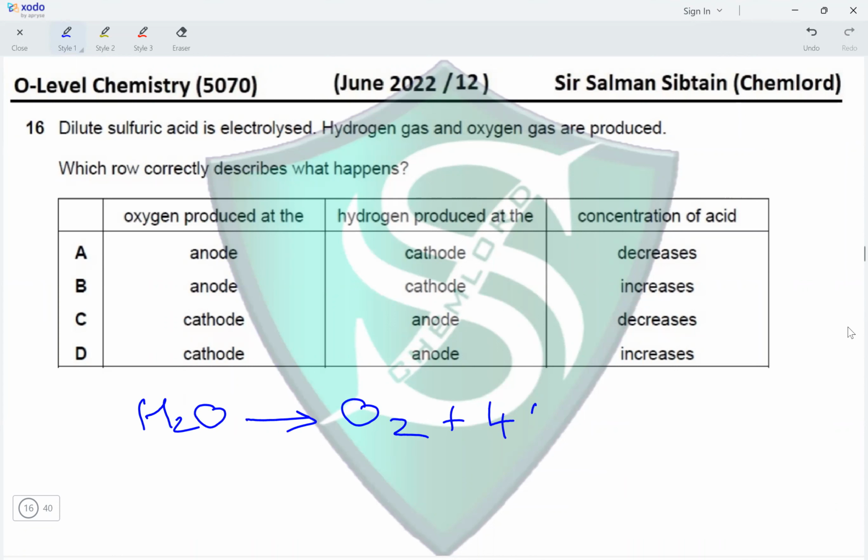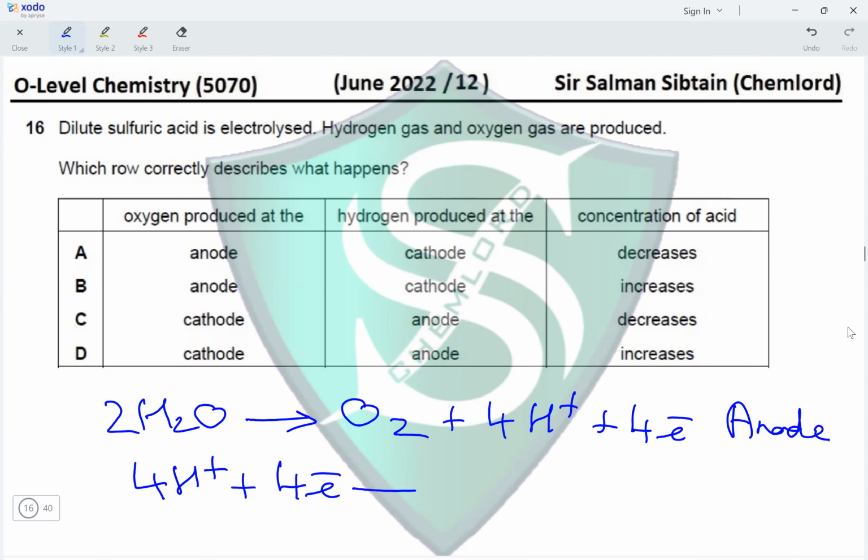It produces H positive ions and electrons are given off. This takes place at the anode. And at the cathode, we've got 4 moles of H positive ions accepting 4 moles of electrons, producing 2 moles of H2 gas. We have balanced the molar ratios. So this reaction takes place at the cathode. So oxygen is produced at the anode,